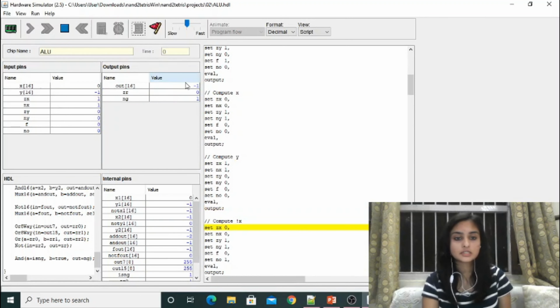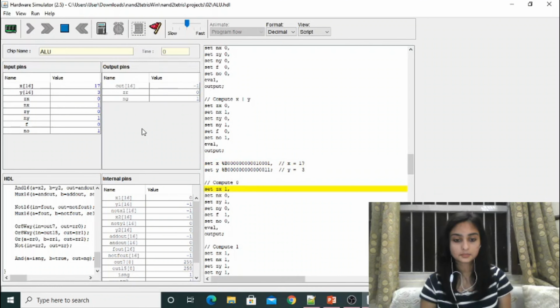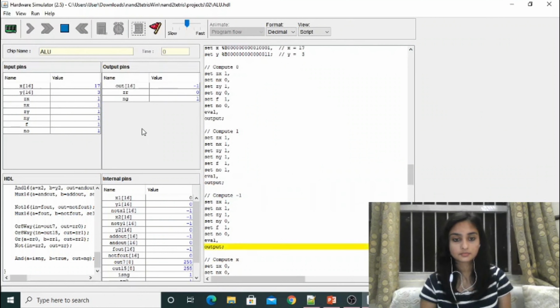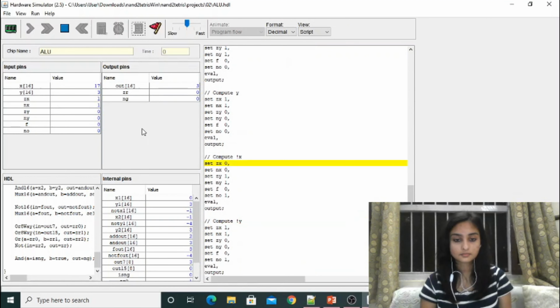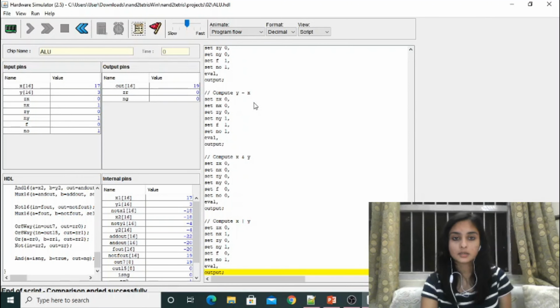As you can see, the values keep varying all through the course of the running of this program. As you can see that it is basically computing all the values that we have over here, ranging from x minus x, y minus y, x minus y, x plus y, and all the functions that we are having over here. Now the comparison has ended successfully, and now we load the output.